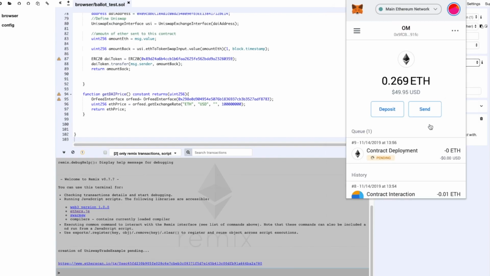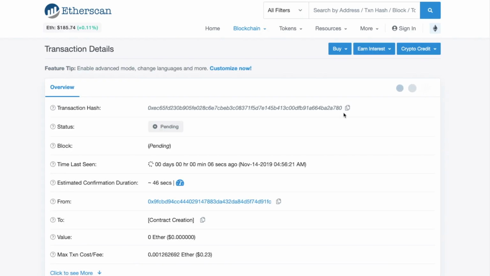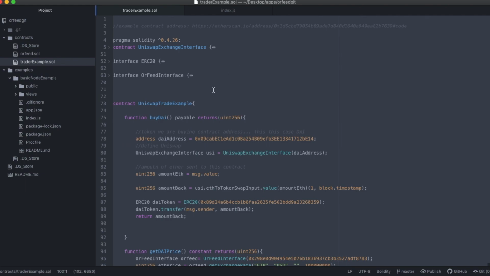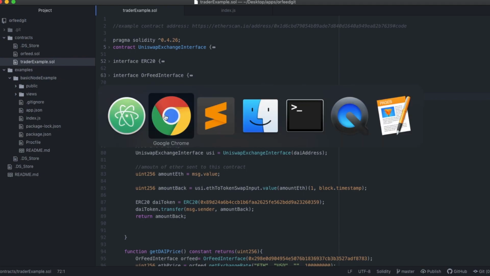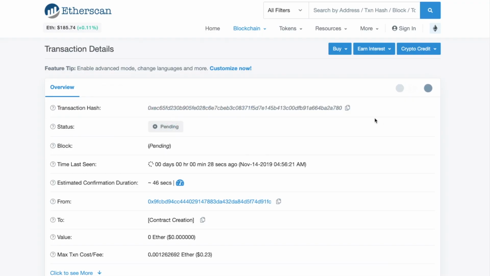I can look here and then open that up. And there's a zillion ways to deploy smart contracts, so you can look up your own ways. That's my way. You can go to Remix, as I showed you earlier. The new version is how a lot of people do it. You can use the older version of Remix. Some people have actually gotten Atom to work directly, deploying smart contracts from here. But that's new tech and can be buggy. So FYI on that. But yeah, Atom can do it potentially. And so eventually this will confirm.